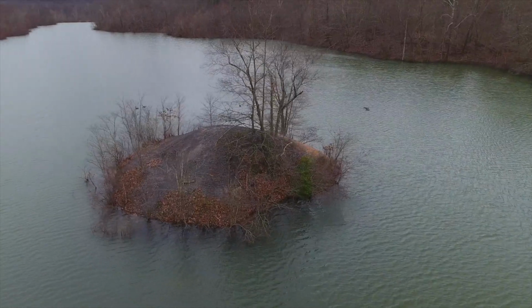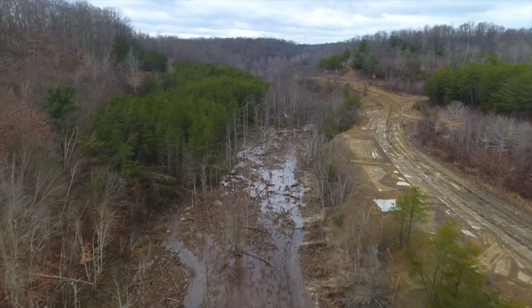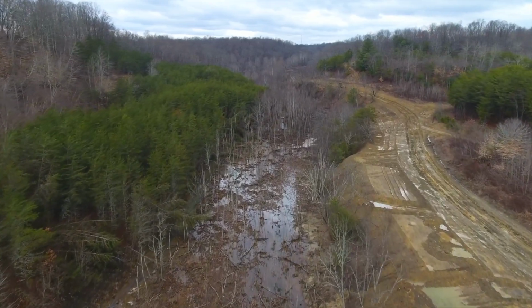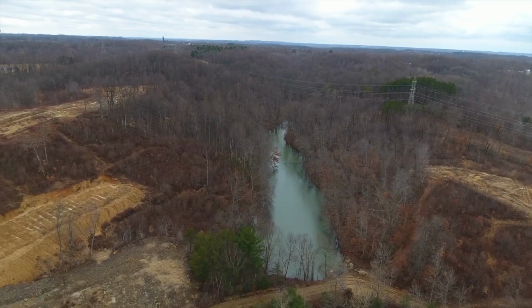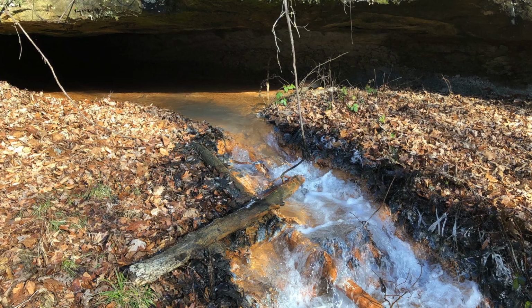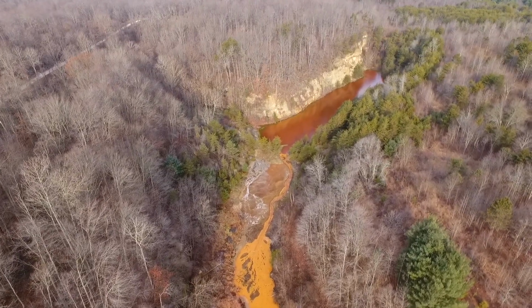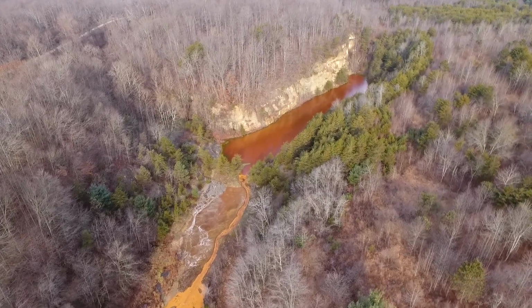Unreclaimed coal refuse material, here seen in a flooded stream channel, can also generate acid mine drainage. Past operations, including unreclaimed spoil banks, are also unchecked sources of off-site sedimentation. The sediment can fill adjacent drainage ways and move downstream, causing flow disruption and flooding. Abandoned underground mines and auger holes act as conduits for acid mine drainage. As groundwater flows through them, it becomes exposed to pyritic material within the coal seam and the roof and floor material. As the acid mine drainage seeps flow downstream, they hit the major streams that we're looking at here today,